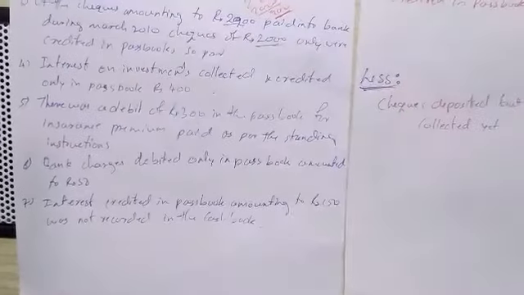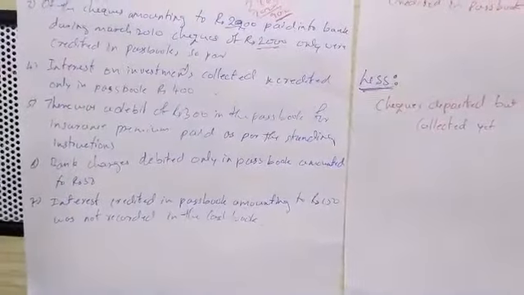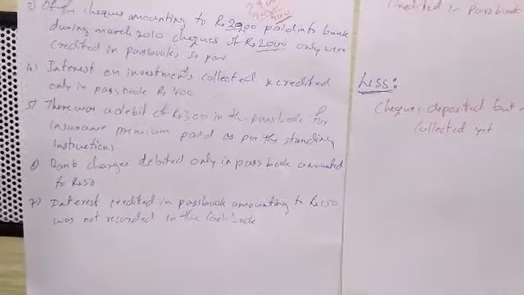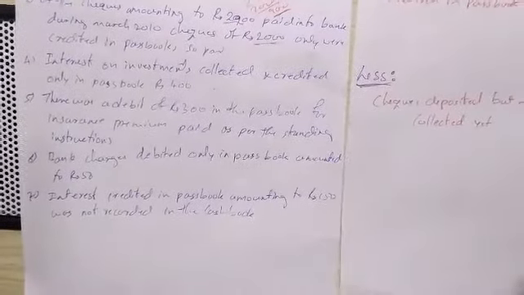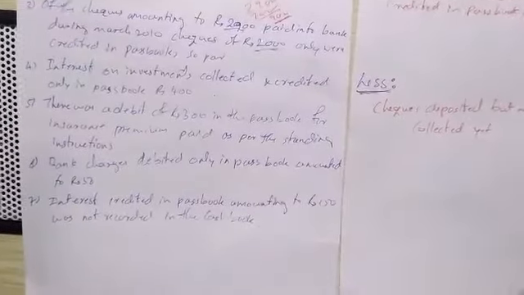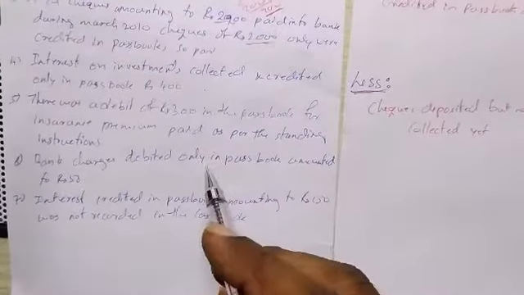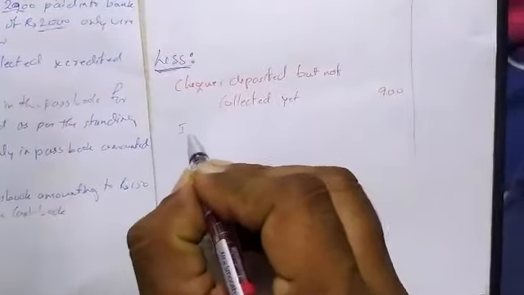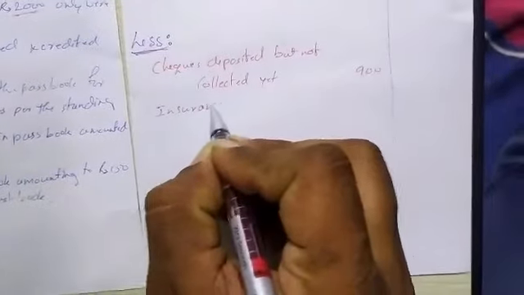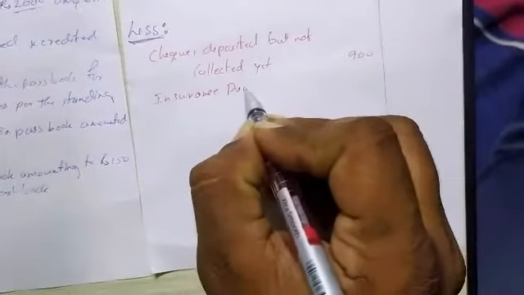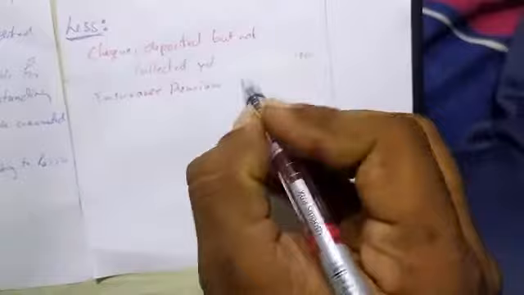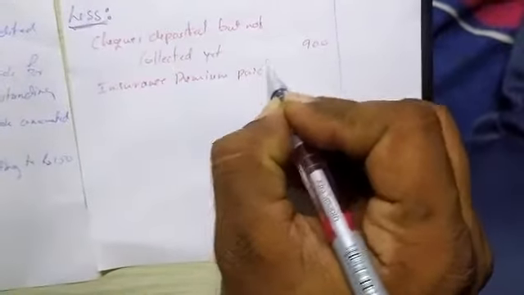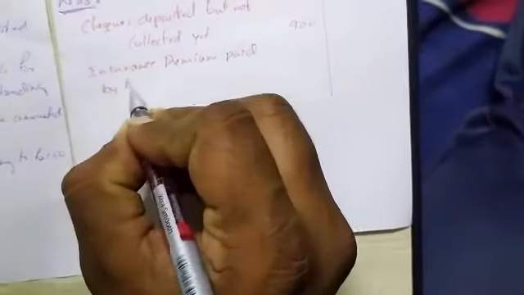Means the bank amount is debited, that means the bank balance has been reduced but it was not mentioned in the cash book. So this amount should be deducted from our cash balance. So write the same here: insurance premium paid by bank